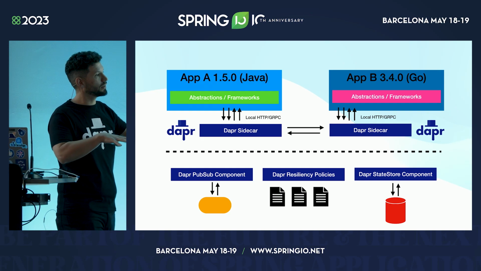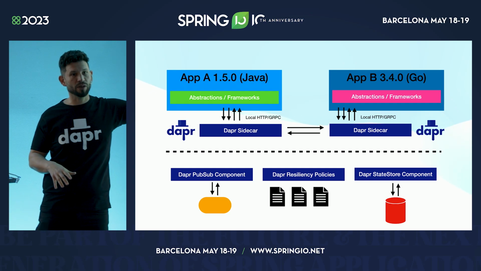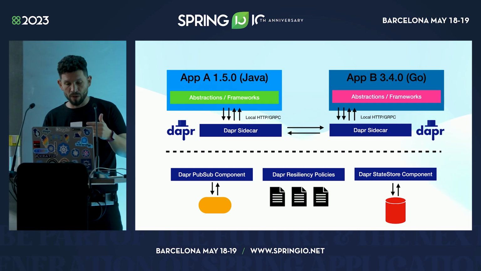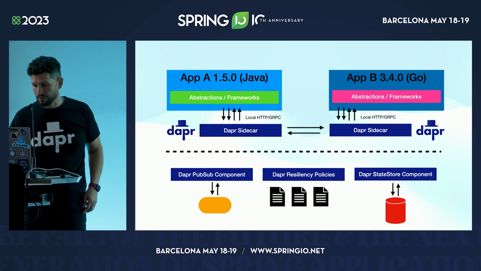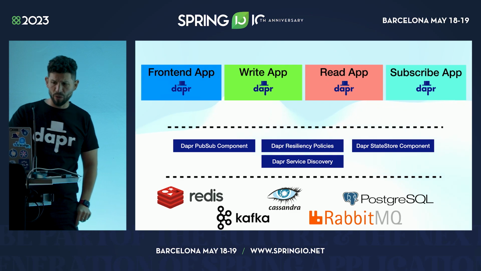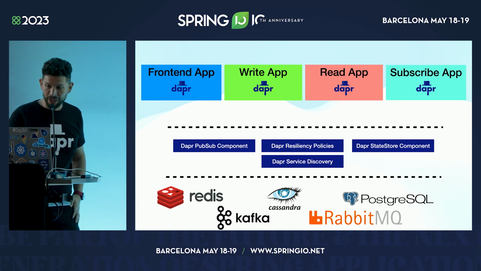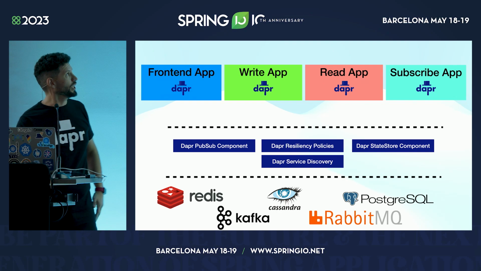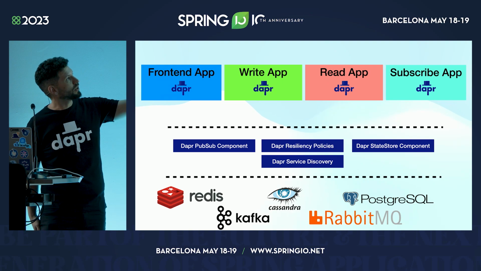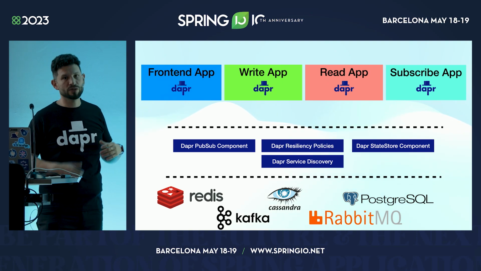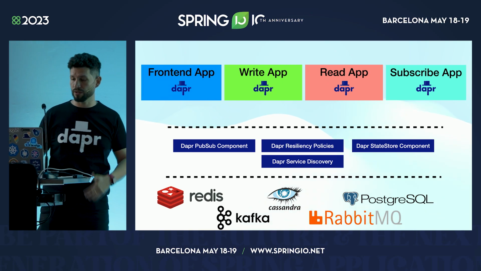So you are pushing the configuration and connection details of all the infrastructure to the Dapr side of things, to the infrastructure side. And you are letting your applications talk a language that they know, HTTP or gRPC, without adding any extra dependencies. So the application that I wanted to show you now is not a very complex application, and it doesn't look that good, but it's composed of 4 different services, right? One front end, one application that is going to write data to Redis in this case, one application that is reading data from Redis, and one application that is subscribed to notifications about things that are happening. Again, we want to consume some messages in an asynchronous way.